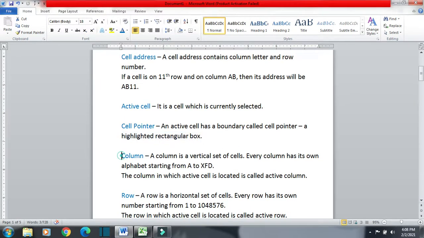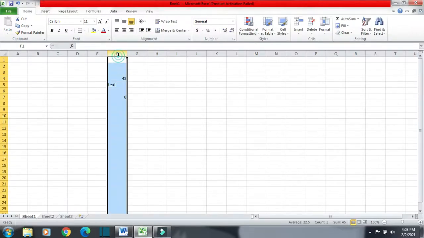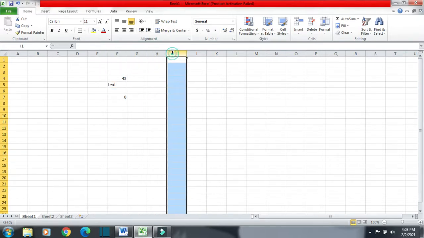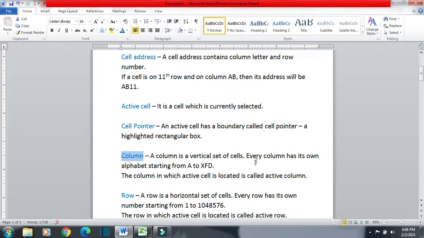Next thing we have is the column. A column is a vertical set of cells. Every column has its own alphabet. If you want to recognize a column, we recognize it by an alphabet: A, B, C, D. It starts from A and ends at XFD.